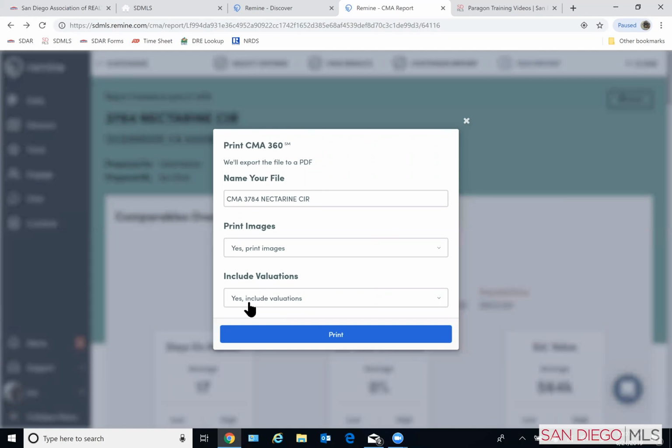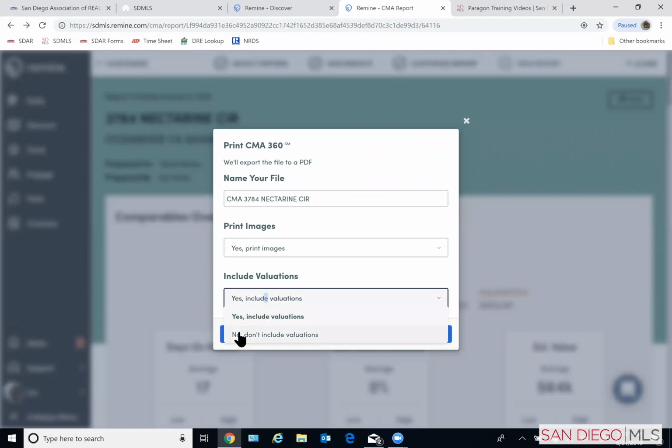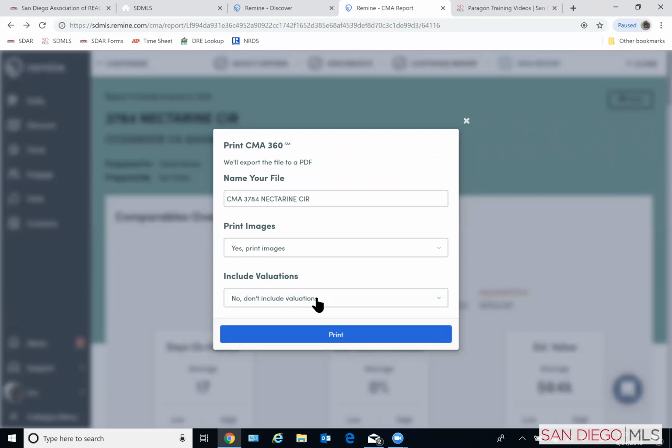Do we want to include the valuations? Yes or no? Like I said, I'm not a fan. I would click there for no, but that's up to you. If you wish to include those, that's perfectly fine. The pictures, usually you're going to want to print the pictures. Maybe you only have a black and white printer or something, and you don't want them to be distorted, so possibly turn it off for that reason. But otherwise, most times you're going to want to have the pictures. And then when you click on print,